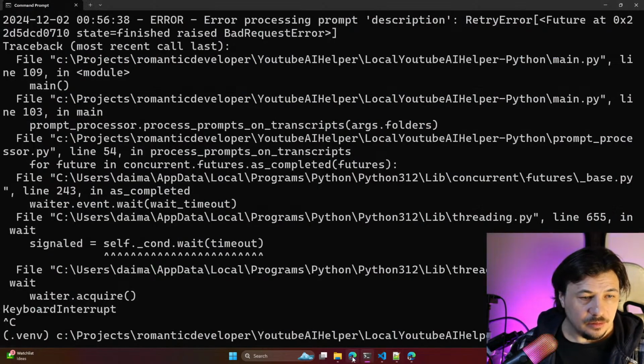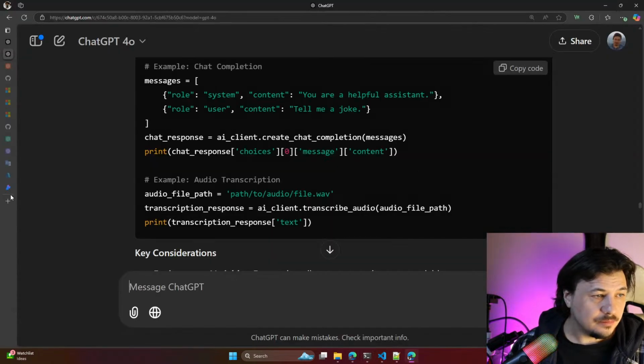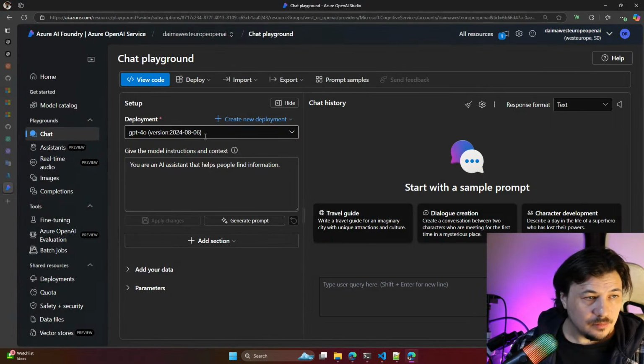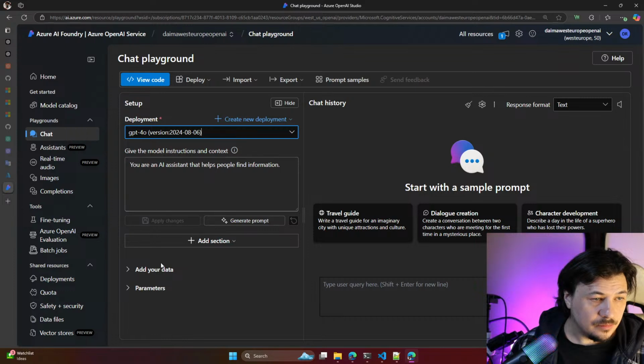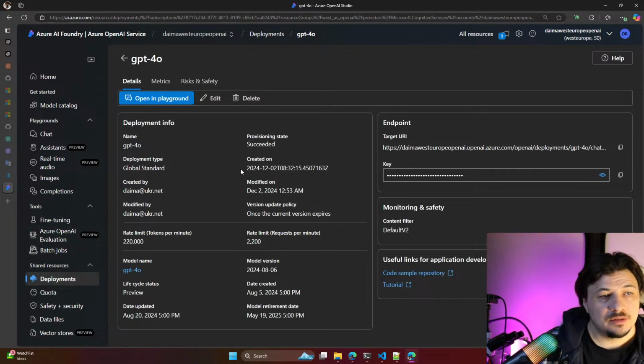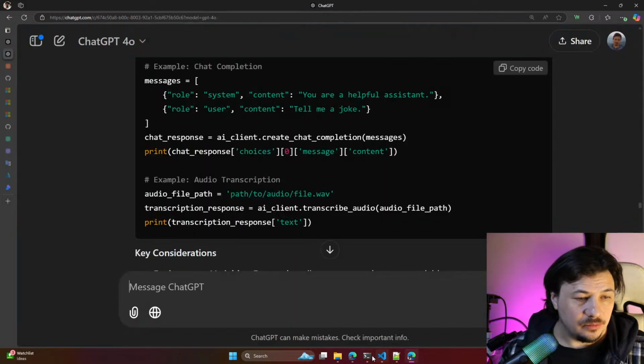And let's go here once again. Version 20. GPT. Once again, let's see deployments. Let's just try this code version.